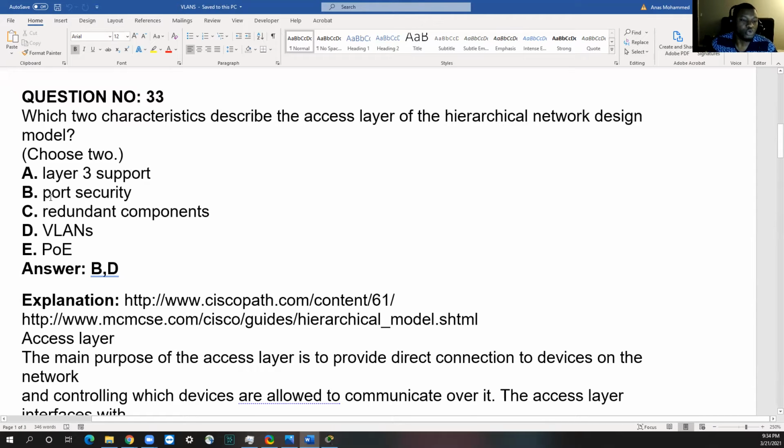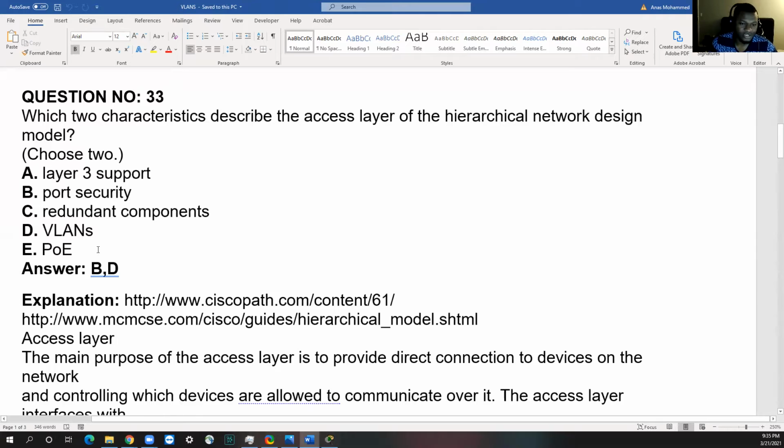Then we have port security. Yes, we can do port security on layer 2 switches. Then C, redundant components. No. Then we have VLANs. Yes, VLANs also operate on the access layer, because that's what we did yesterday. We created VLANs on those switches that we introduced. So we also have PoE,